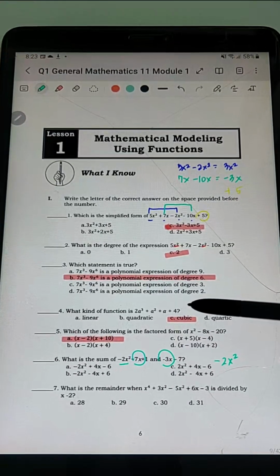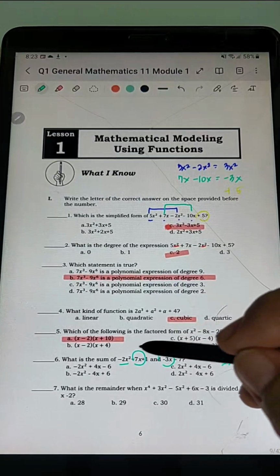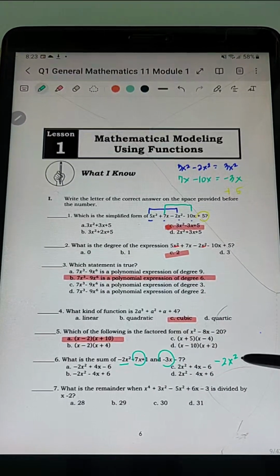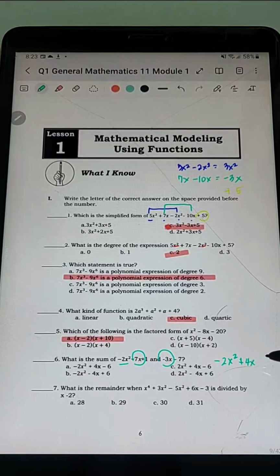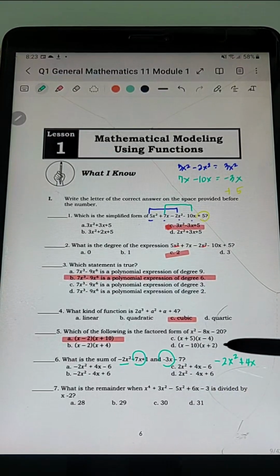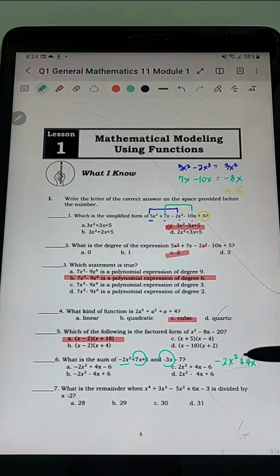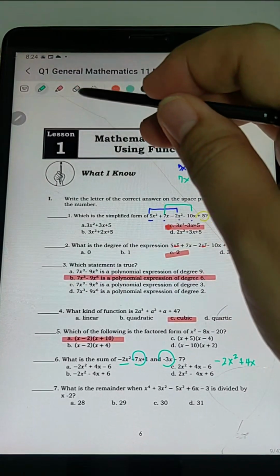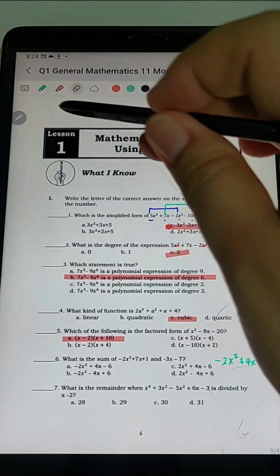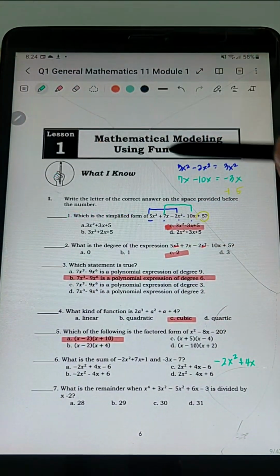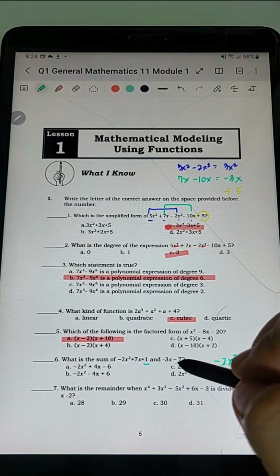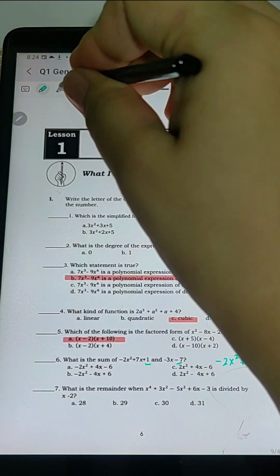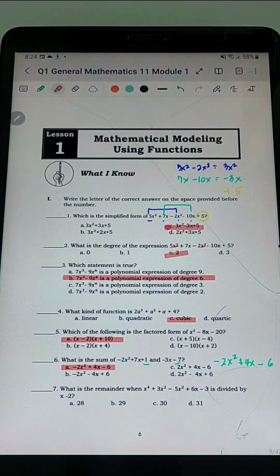Okay, so the first term here is negative 2x squared. But since we do not have any other term in the second polynomial that has the same degree, we just have to copy negative 2x squared. Then 7x, you can combine this to negative 3x. Correct. Opposite signs, we have to subtract. So this is positive 4x. 7 minus 3 is 4. Then the last one, the one without any variable. Let's delete so that we can see. So we have 1 and negative 7. Let's combine it. It makes negative 6. So the answer for number 6 is letter A.